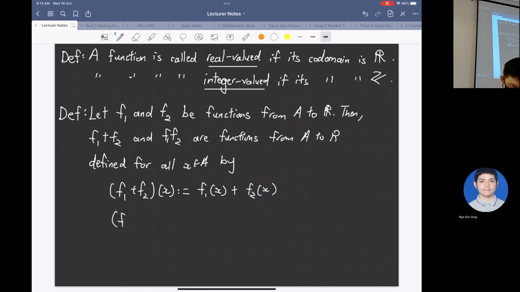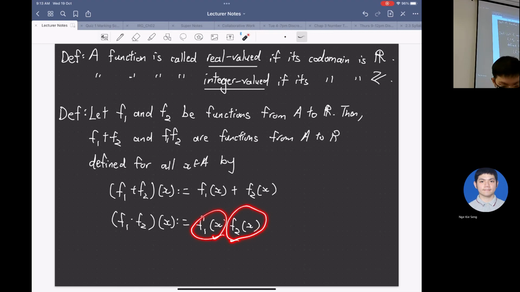How about the product of f1 and f2? You can also define it as a pointwise multiplication. I know the value of f1(x) and the value of f2(x) because they are functions, so I can multiply them together to get a real number. One good exercise is to check that this actually